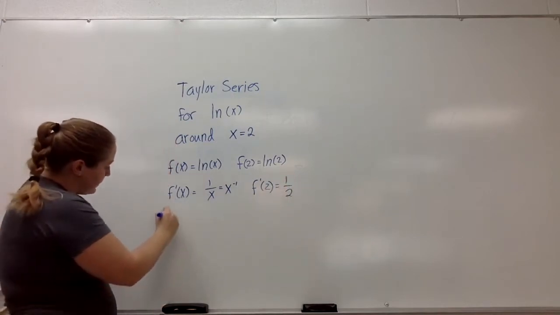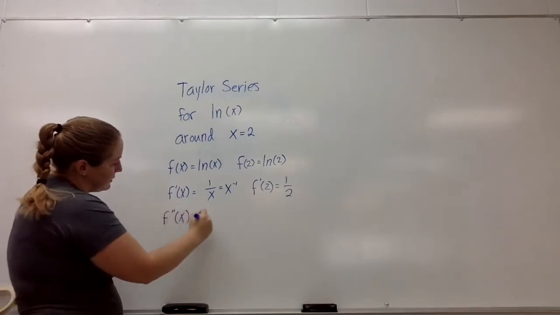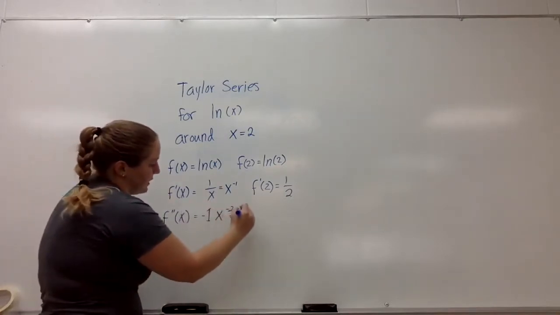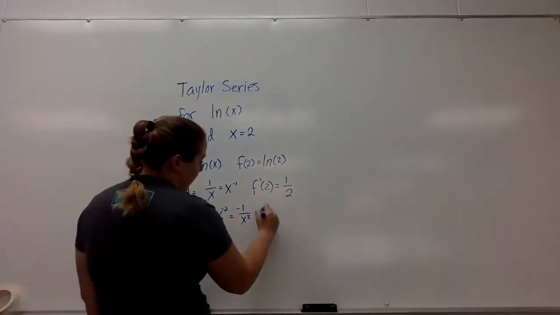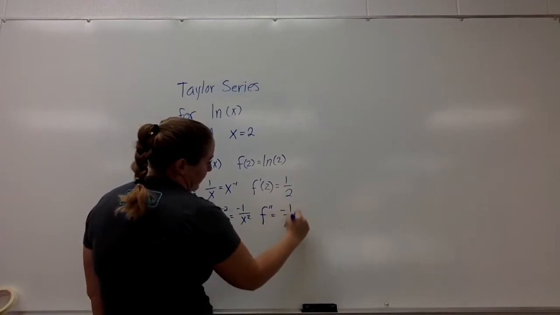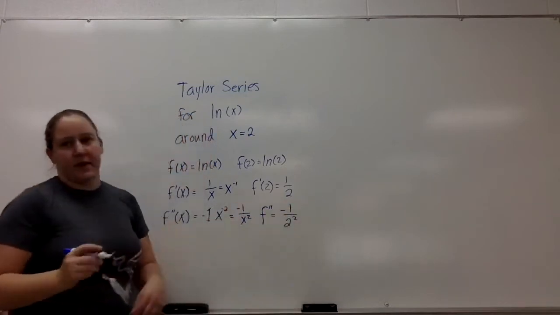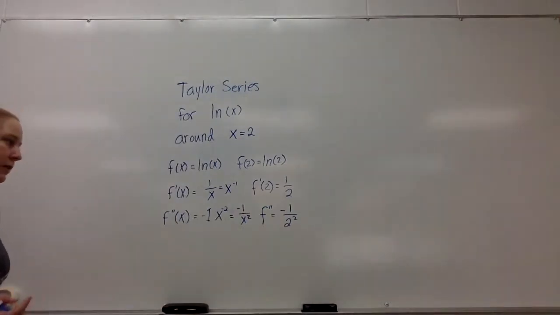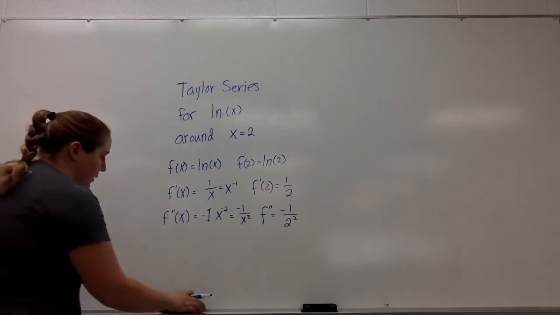And then our second derivative is negative 1 over 2 squared. And again, don't simplify things like this because our goal is to find a pattern. So we don't need to do 2 times 4 and so on. We just need to be able to say our expression is going to look like 2 to the something. So then if we keep going,